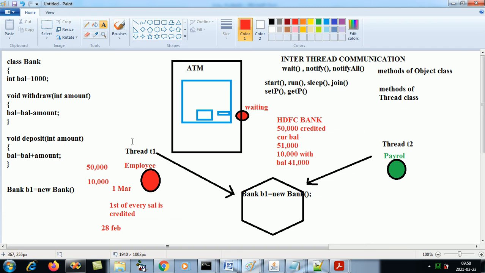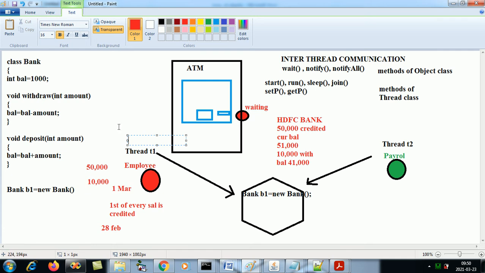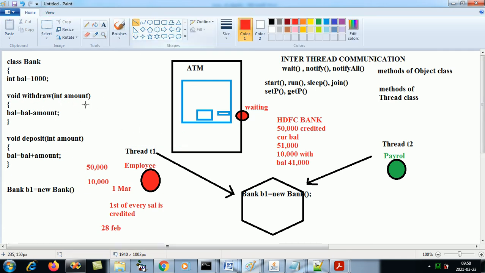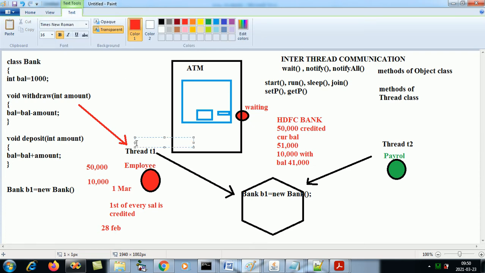Thread T1 has come to perform which job? The withdrawal job. So thread T1 will call which function? Withdraw. And thread T2 has come for which job? Deposit. So thread T1 will withdraw and thread T2 will deposit.